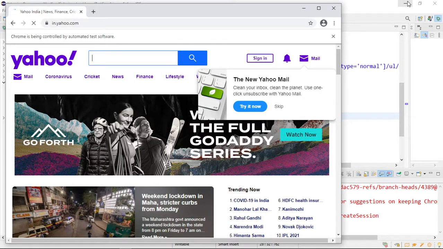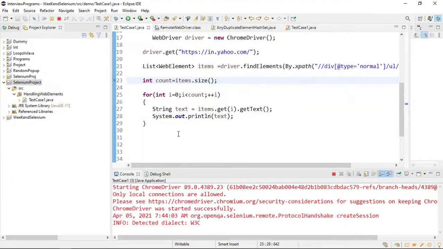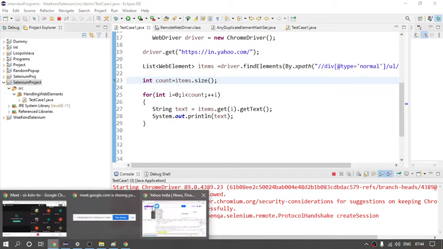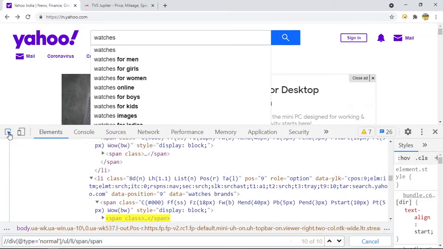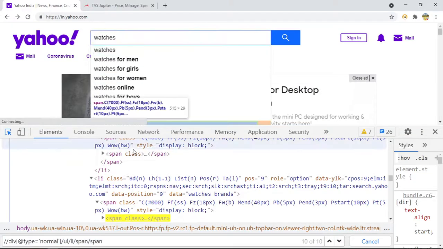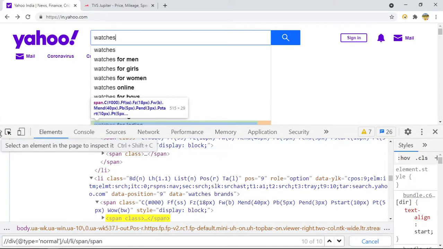It will first enter, and it will throw an error. Why will it throw an error? Because I am not sending any data here. So let me first send some data. To send some data into it, I will write the sendKeys method.